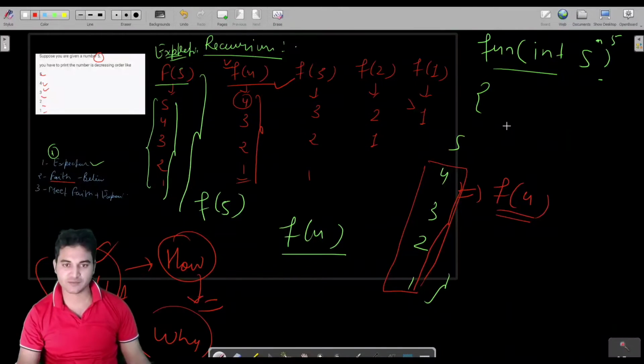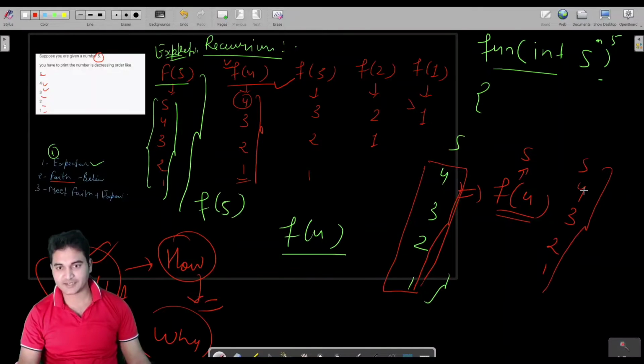Both are the same thing. So if this will print 4 3 2 1, then along with that, if we manually print 5, which is the same n, eventually it will print 5 4 3 2 1. If we are able to get the same output using the faith and expectation mechanism, then why not use this?